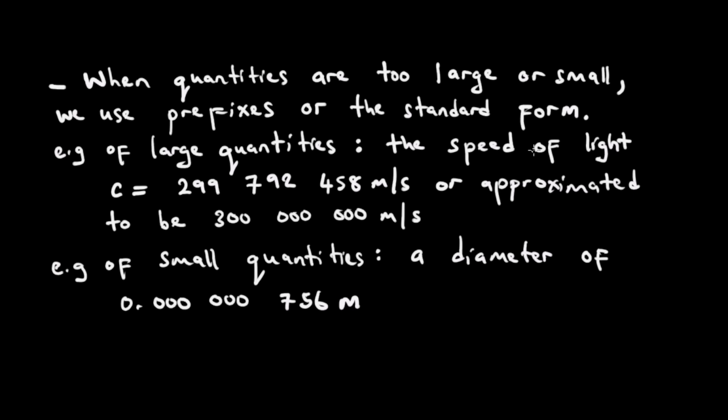Satikada an example of large quantities, what comes to mind is the speed of light. So the speed of light is a cosmological constant. Kureva kuti speed of light haichinje kana light racho richifamba in a vacuum. We are going to discuss or learn about the speed of light a bit later. But what I want you to appreciate now is this speed of light, which is a constant, of